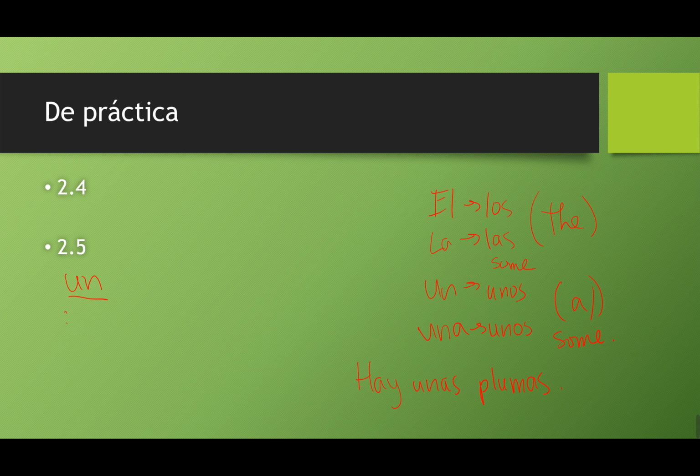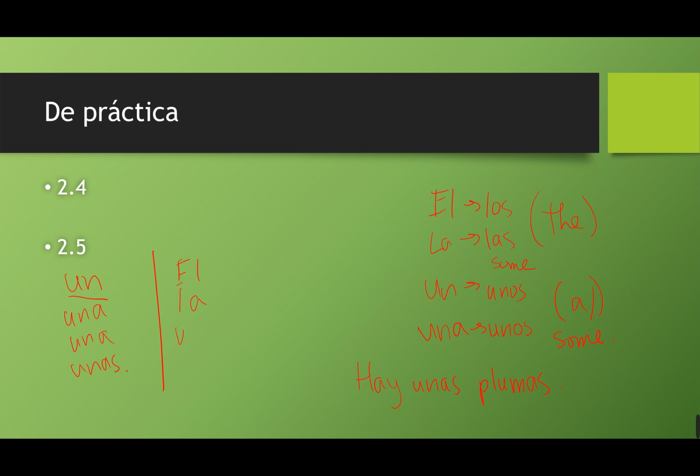Un escritorio, una silla, una computadora, unas ventanas. Muy bien. There is a desk, a chair, a computer, and some windows. Keep going. El o un escritorio es grande. So let's think about it in English. Will we say a desk is big? No, because we're talking about the specific desk in your room. We would say the desk is big. So el escritorio es grande y la silla es muy cómoda. And that chair is comfortable.